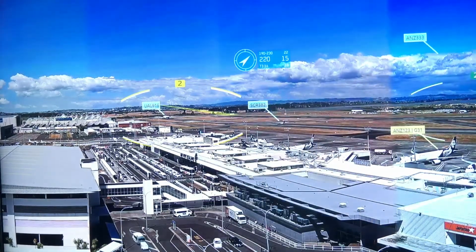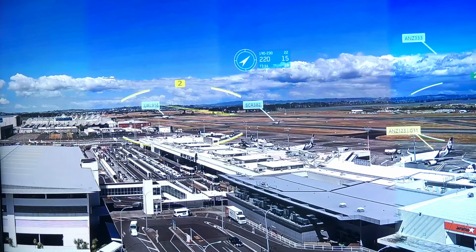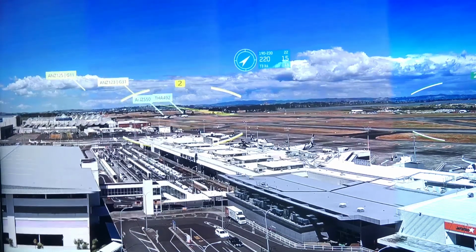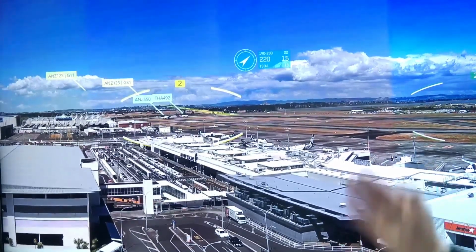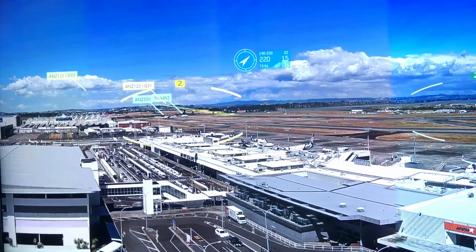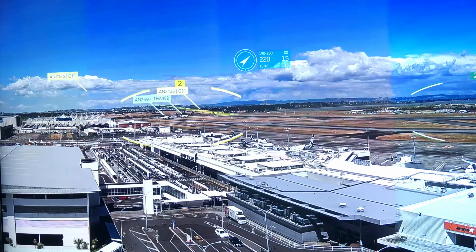Here I have the possibility to connect the surveillance system and match the position of the surveillance system with the position in the camera view and provide different data coming from the surveillance system directly beside the specific aircraft. In this case, only a simple call sign, but of course you can also add different data like the direction, altitude, speed, whatsoever.